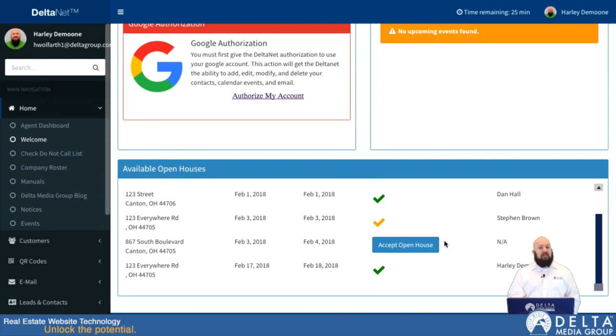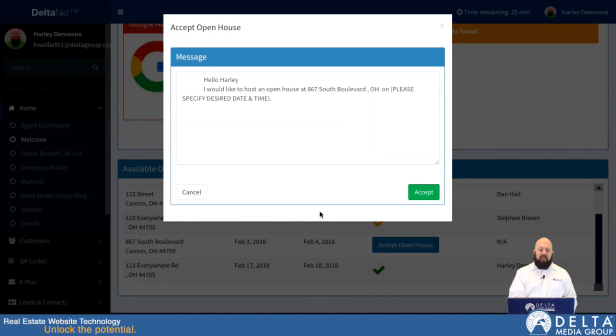So they're willing to accept this open house. So we'll click on Accept Open House. It will default to this information, and we have in here, please specify desired date and time. Since there's a whole weekend range, I can say